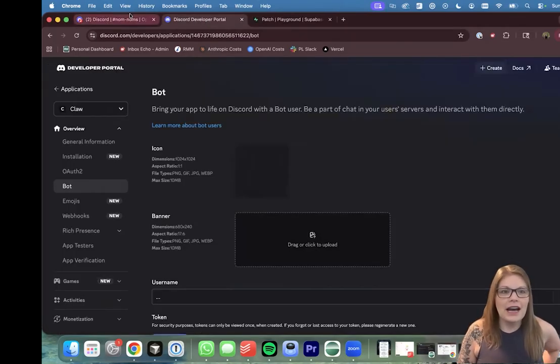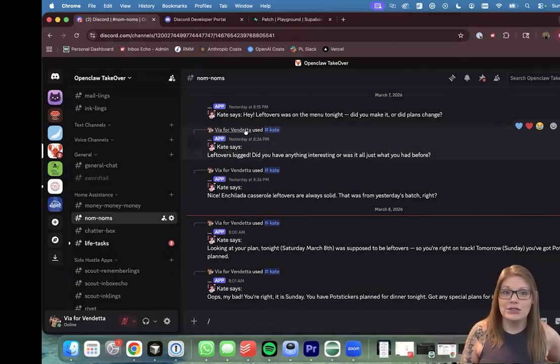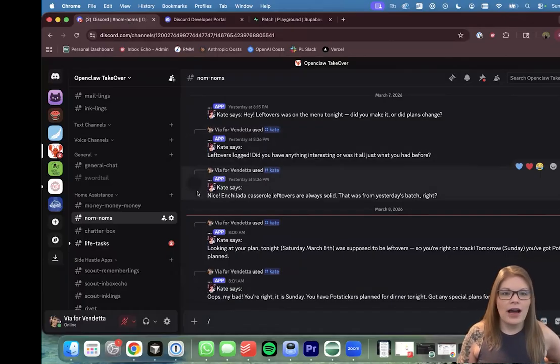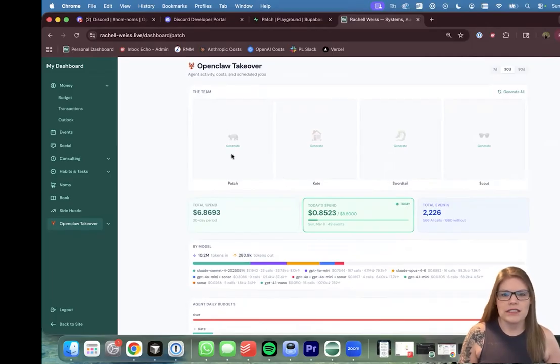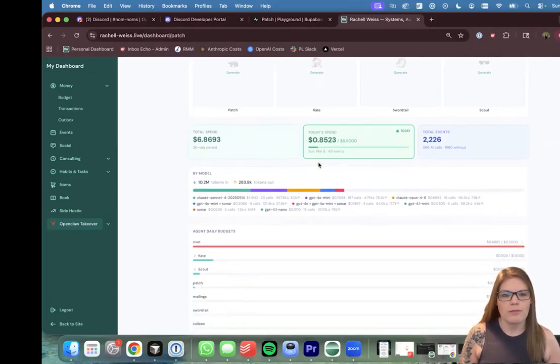So that is how I interact with my agents, and I can go back and forth. So I interact here, but I can also go to my dashboard and see what's going on. This is my mission control for my OpenClaw takeover. One, my agents aren't showing on here. I've got to figure that out. So again, it's always iterating, always debugging. But if I want images, I do have images for all of these where I can recreate them. Oh, it's because it's for the past 3 days and it reset. That's why. I need to persist those. Note to self.